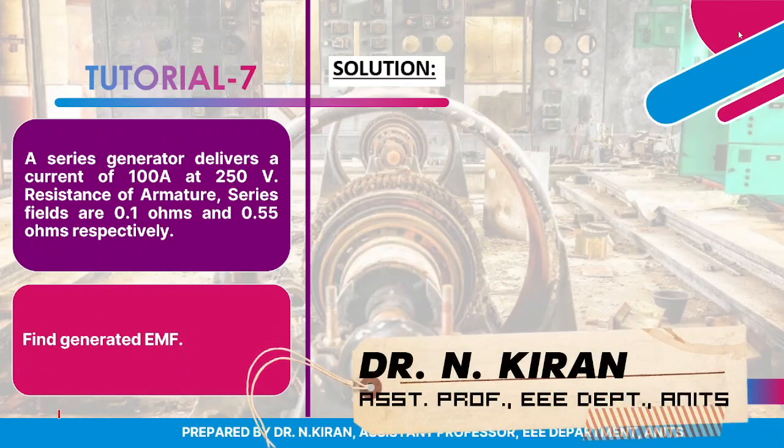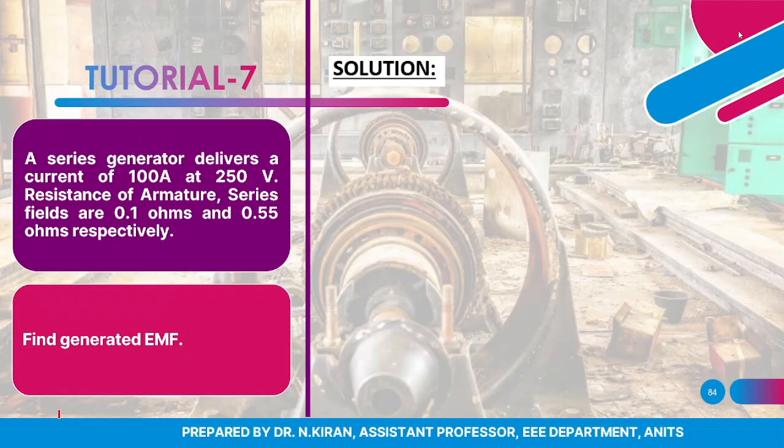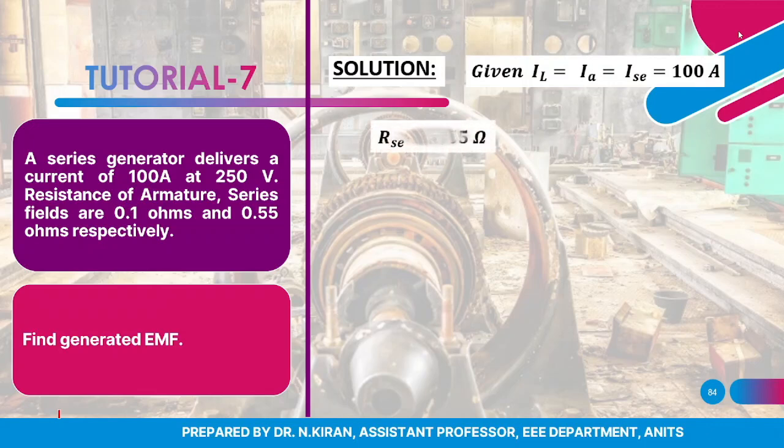Next, seventh tutorial. A series generator delivers a current of 100 amps at 250 volts. Resistance of armature is given as 0.1 ohms and series field is given as 0.55 ohms. We need to find generated EMF. So we know the given data: since it is series generator, IL is equal to IA is equal to ISC, which is given as 100 amps,